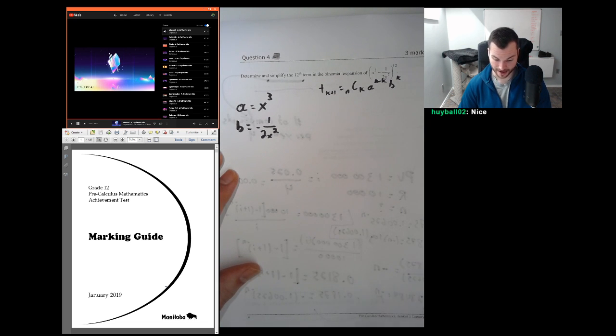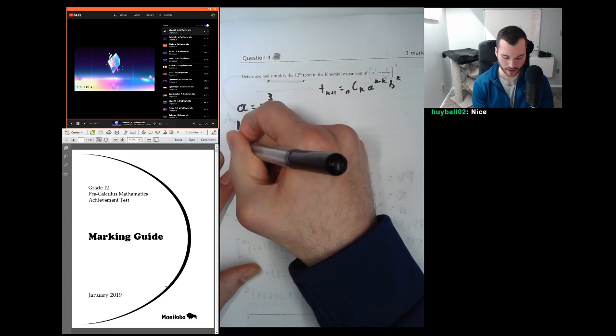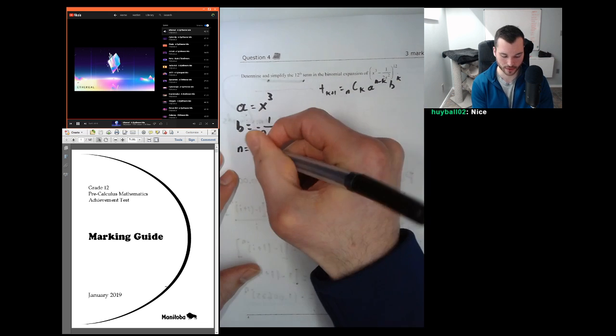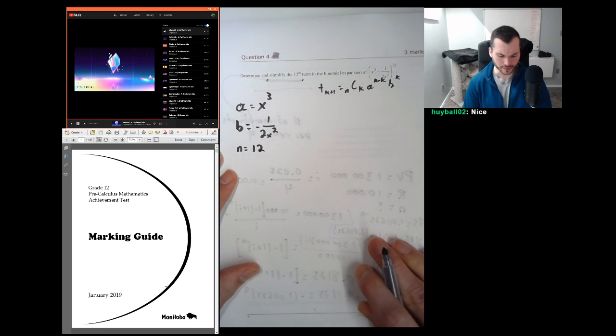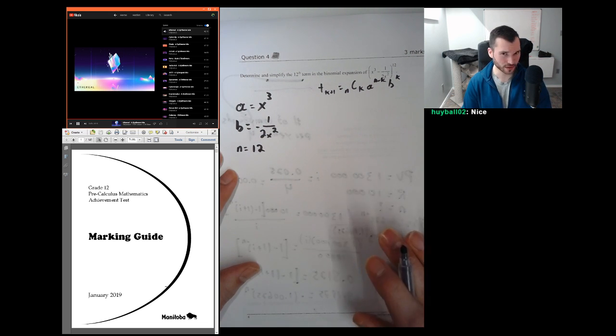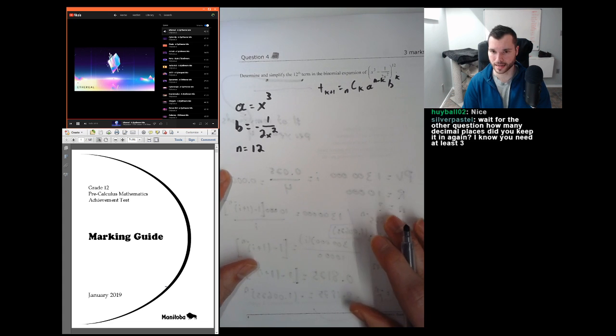And then afterwards, there's not too much more that we have to get. We're going to pick our n value, which is going to be 12. And that's kind of all that we can do right now. We're going to need to figure out,